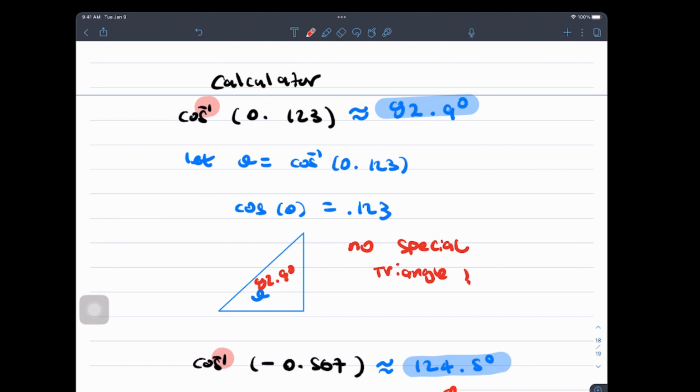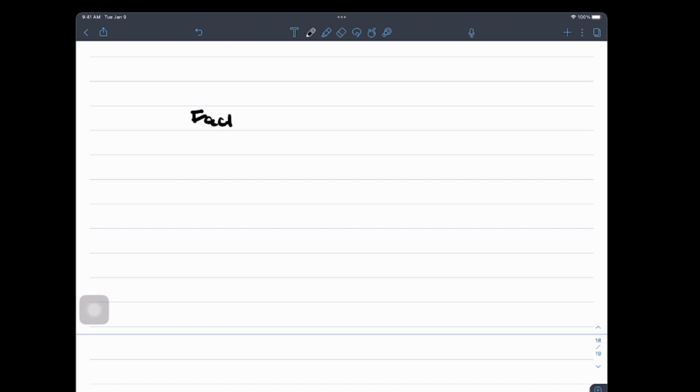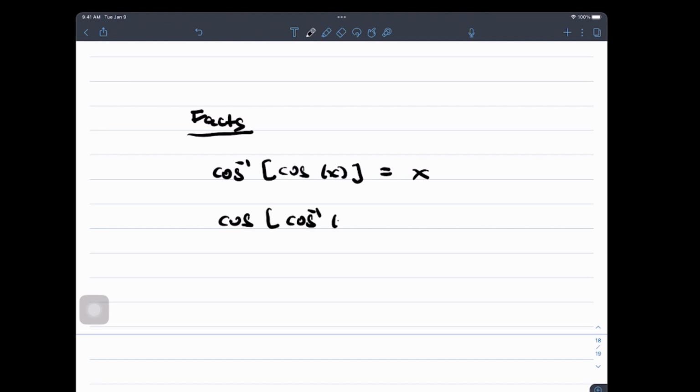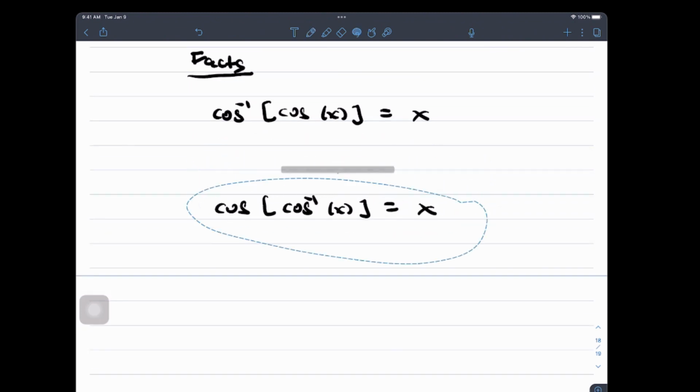Okay, what do you guys think? Let me look at this here. All right, so this is actually inverse cosine. So I want to just kind of conclude here to remind you guys of some facts about inverse functions. Remember that? Inverse cosine of cosine is x. And then cosine of inverse cosine is also x. And this only is good for x being between